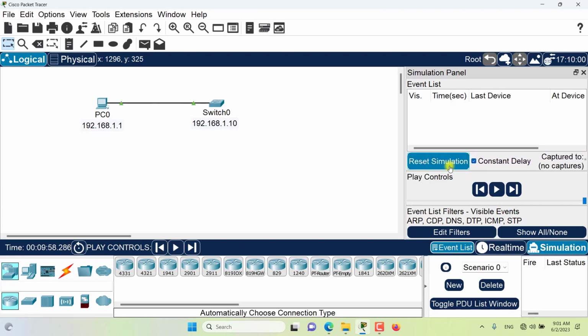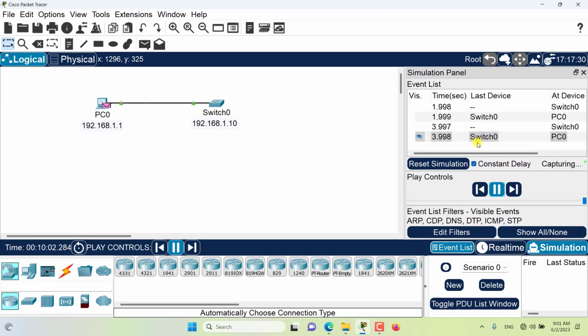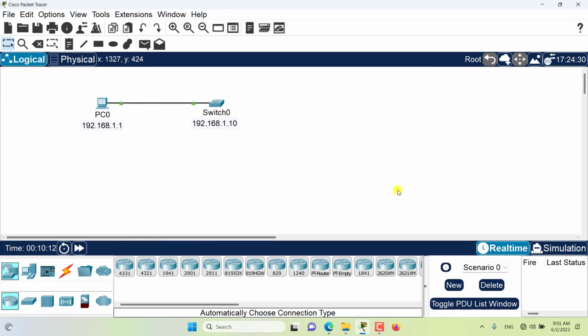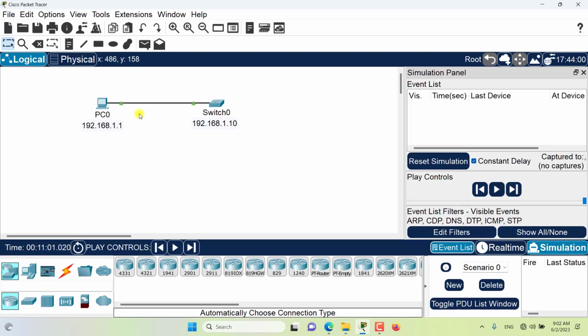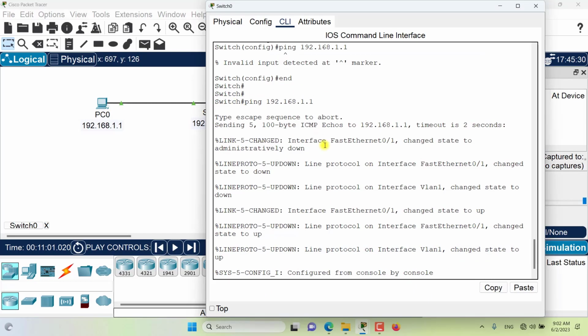If you clear the event list, the simulation time will restart at 0, but the master timeline will continue from the last event. When you switch back to the real-time mode, the master timeline will continue off the last event in simulation mode and move forward at a real-time speed again. If you started some event in simulation mode, then switch to the real-time mode, then that event will continue and finish in real-time mode. For example, if you created a ping packet between two devices in simulation mode,